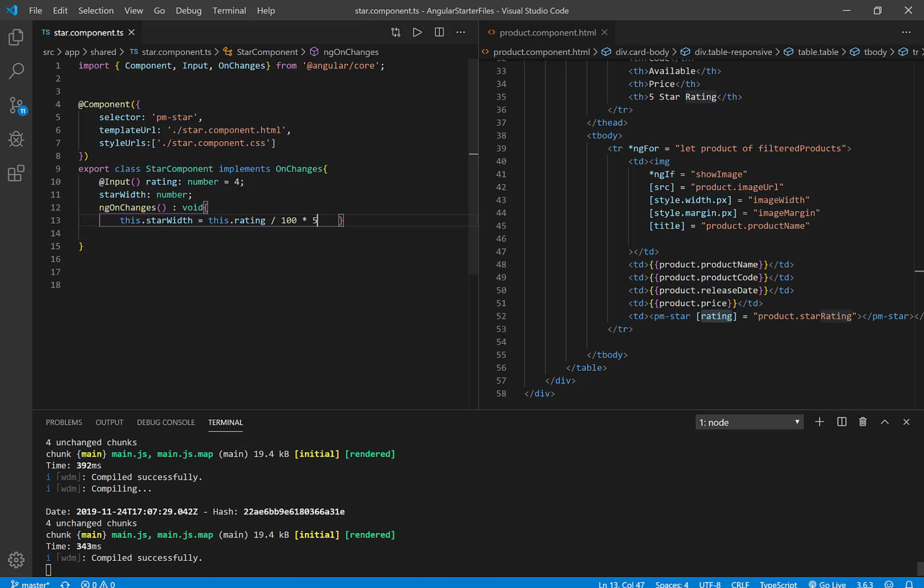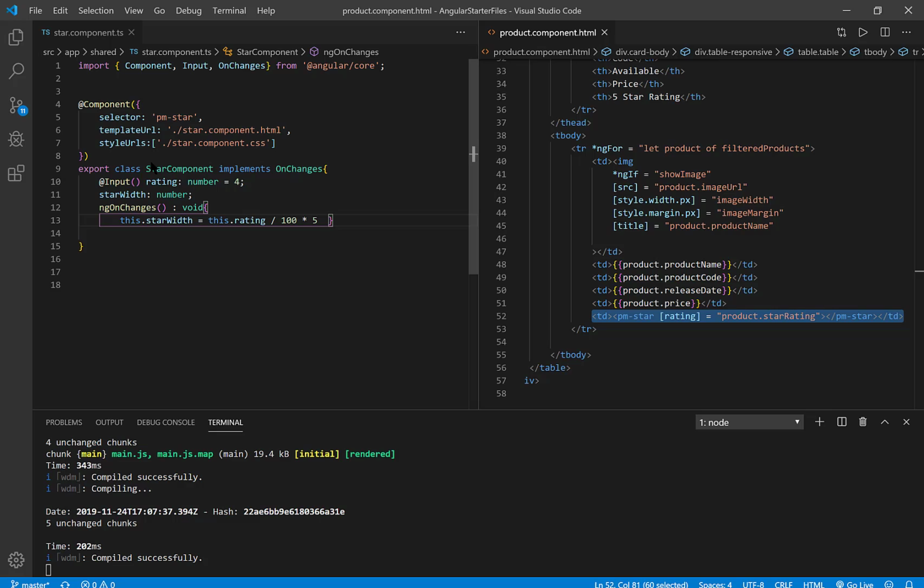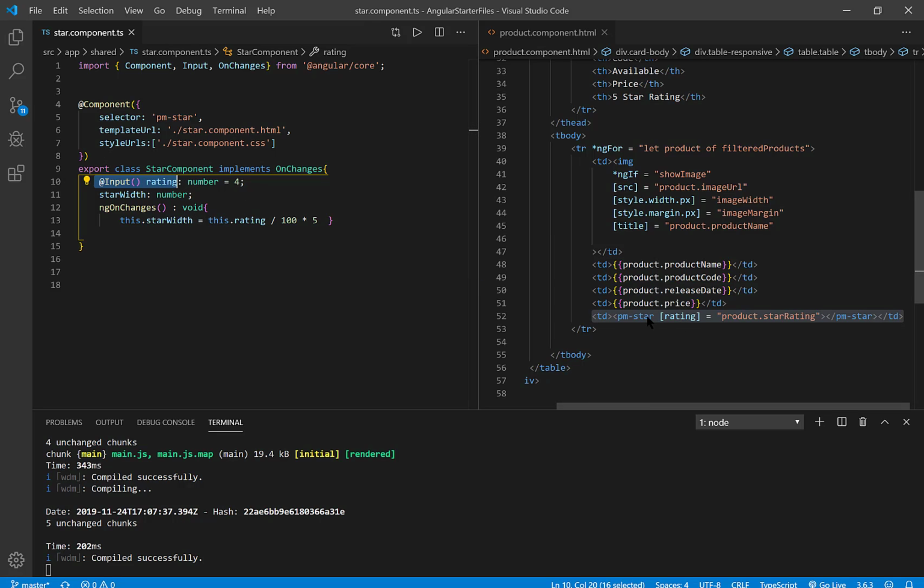That way I can alter the width of the div, which is what starWidth is, based on the rating that I received from the parent. So in other words, every time the parent renders this component, I've exposed that rating, and therefore that is my open doorway, if you will,